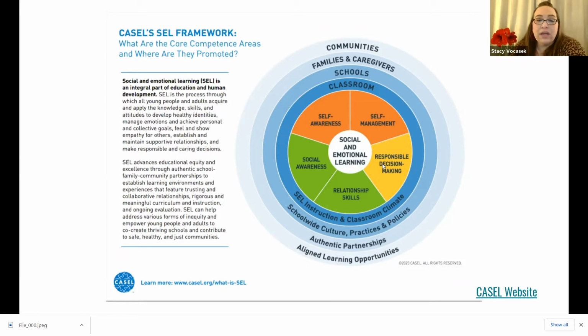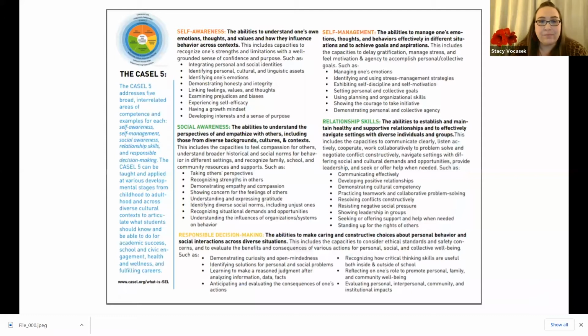So when we look at the framework in more detail, it gives us kind of standards and things that we can easily turn into our learning targets, our I can statements, and things that we can discuss with students in more detail. So I don't want to read everything on this document for you because you're all very smart people and